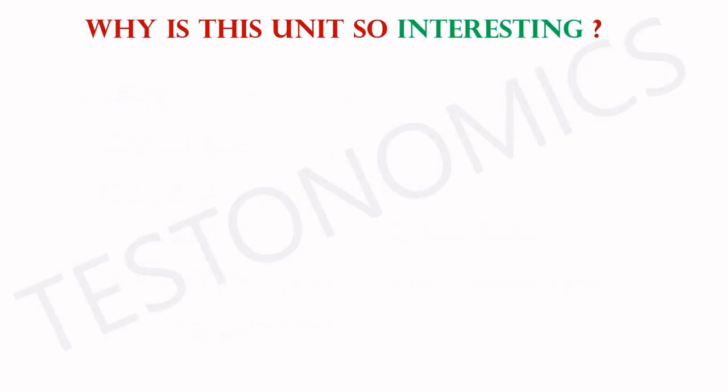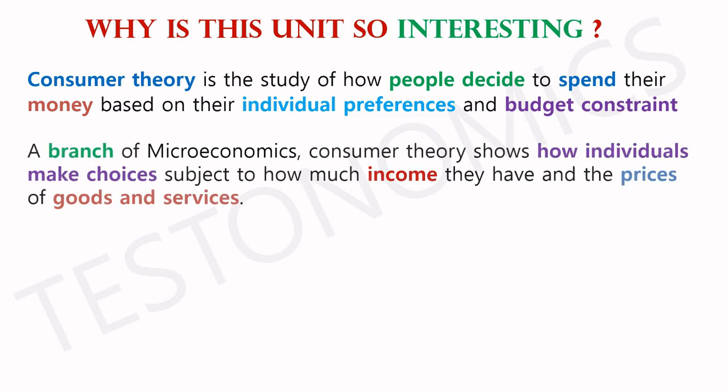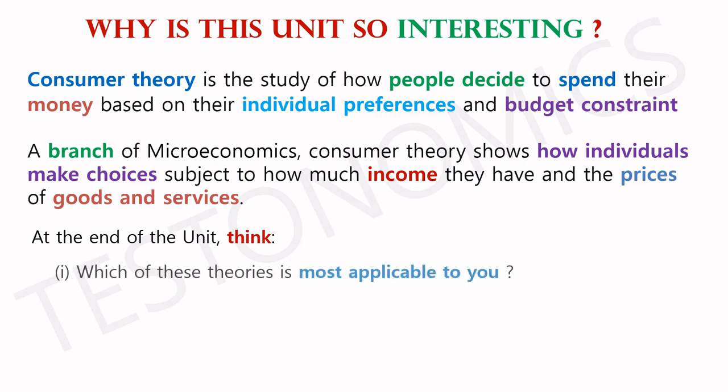So why is this unit so interesting? See, consumer theory is the study of how people decide to spend their money based on their preference and budget constraint. As a branch of economics, consumer theory shows how individuals make choices subject to how much income they have and the prices of goods and services. This is why this unit is so interesting,